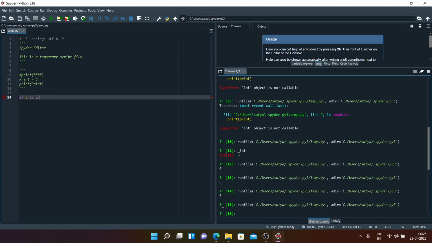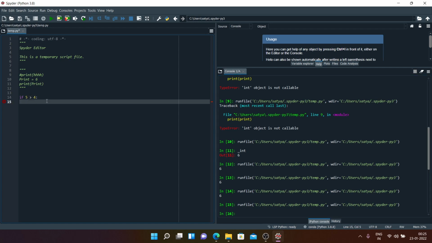Greater than, okay, I totally forgot, this is not valid anymore. Python keeps on changing. So let's just use the basic mathematical operator. We are going to learn about conditional statements later on, so this is just for demonstration. As you can see, as soon as I press enter after this colon, I got some indentation. This indentation is basically 4 spaces. So let me try that: 1, 2, 3, 4. Then let's say I print